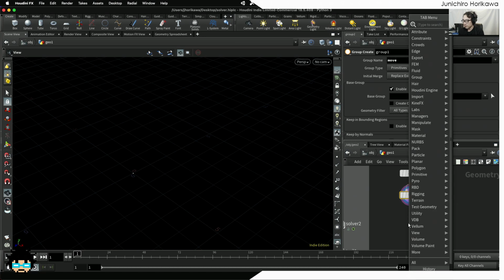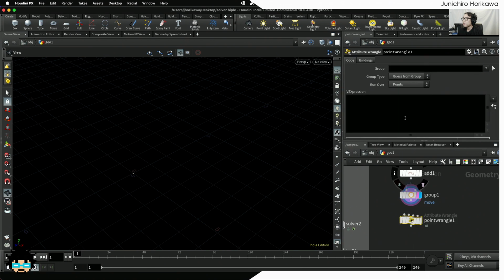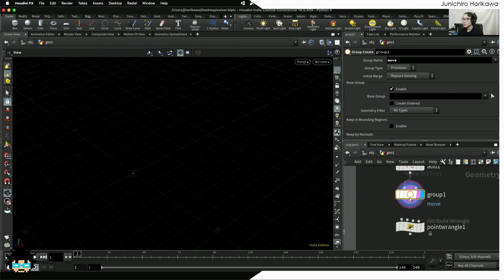Okay, and I'm also going to create a point wrangle to create a polyline attached to this point, or just the empty polyline at this moment. So I'm going to name this create line